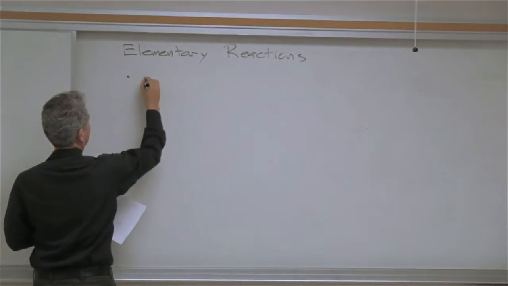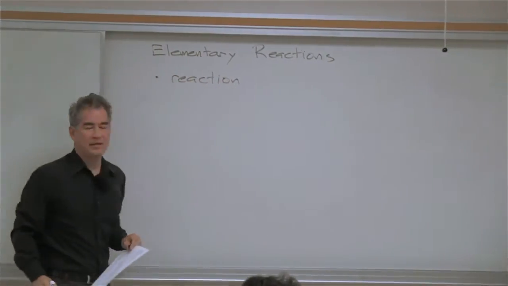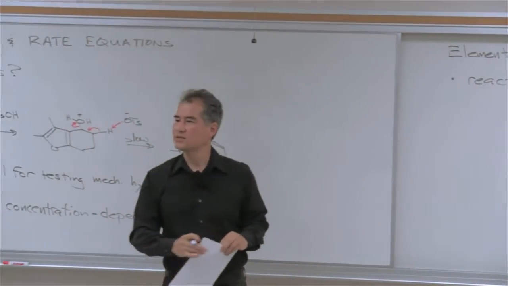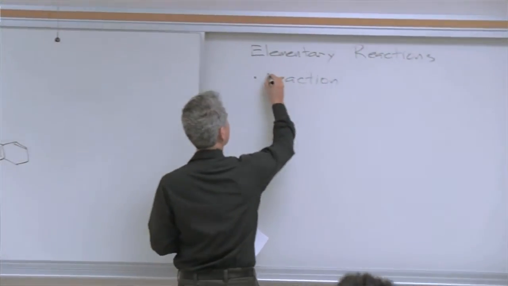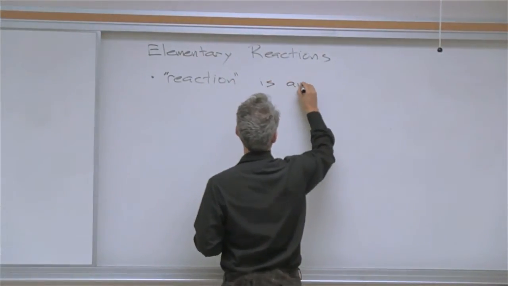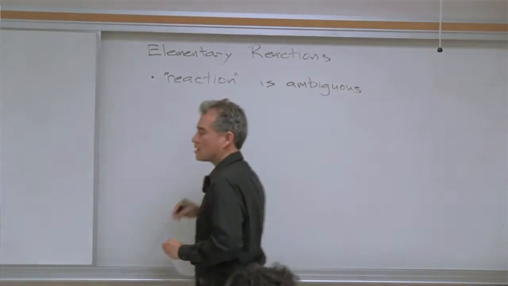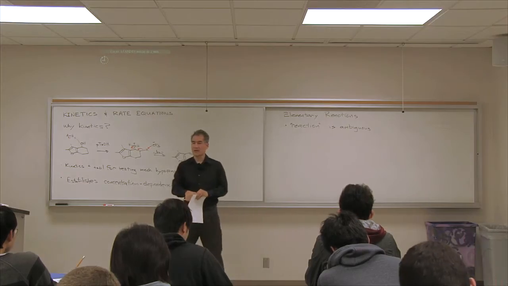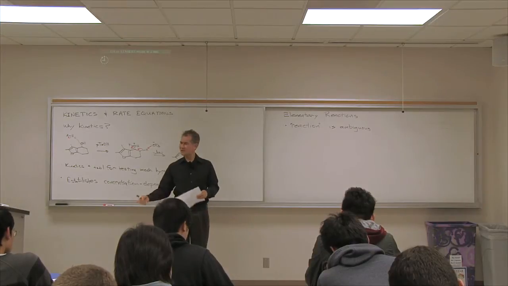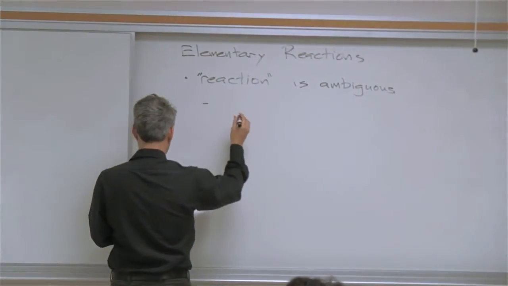And I'm going to start off with a problem with chemistry, with language. And that is the term reaction is ambiguous. It's a term I use all the time. It's one of the words in the title of this course. If I just talk about some reaction in an abstract sense and I'm having some discussion, you don't really know what I'm talking about. So let me be less ambiguous. Let me be unambiguous here